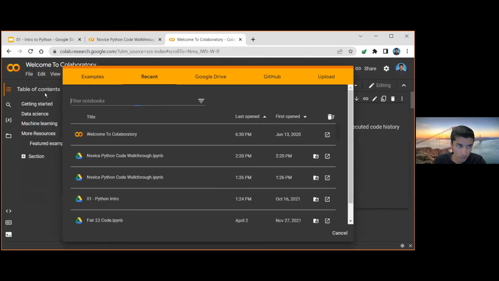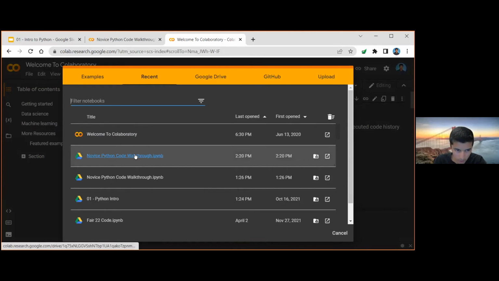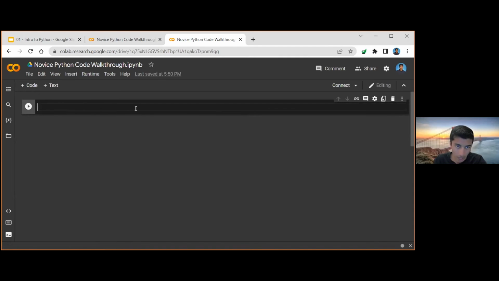Once you get here, you'll simply open a notebook. And then all you have to do is open up the file here, which is going to be our actual walkthrough.